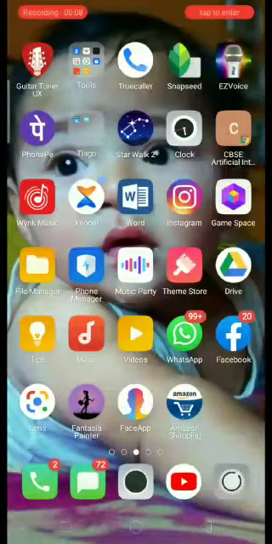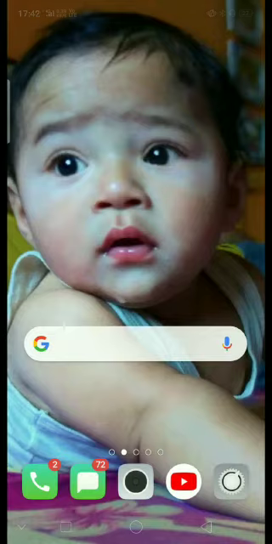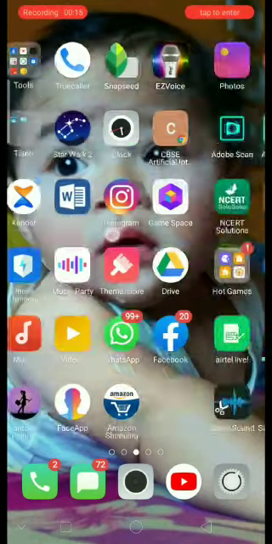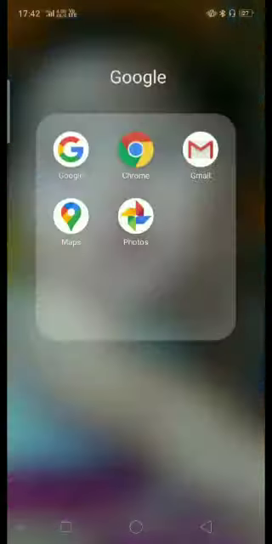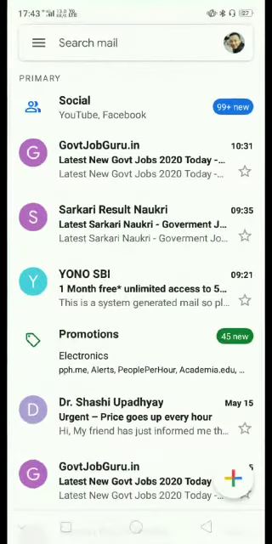Dear students, this is a tutorial to sign in to your new Google account which the school has created for you to access your Google Classroom. First, you need to open the Gmail account. This is an app which is preloaded in every Android device. First, you need to go inside, and this device is signed in with the Gmail account of your parents.